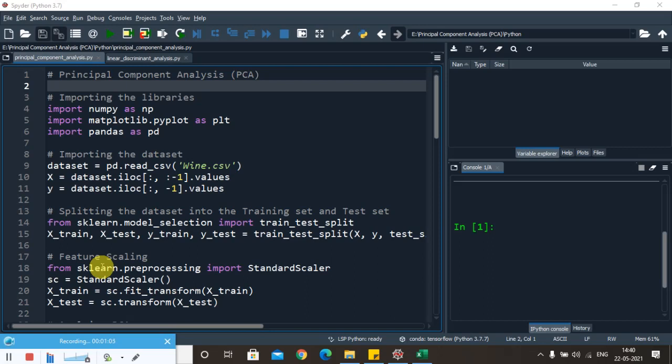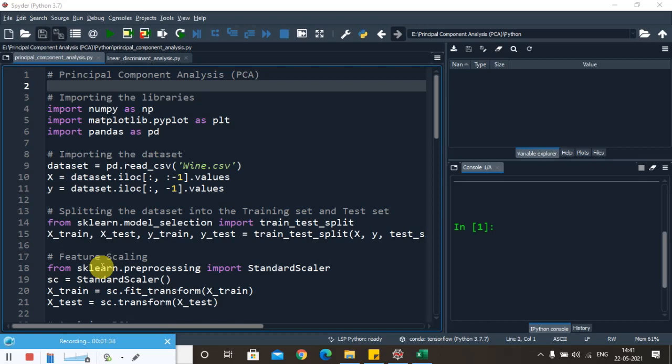The main goal of PCA is to identify and detect the correlations between the variables, and if a strong correlation is found, then you can reduce the dimensionality. Usually, with PCA the goal is to reduce the dimension of a d-dimensional data set by projecting it onto a k-dimensional subspace where k is less than d.